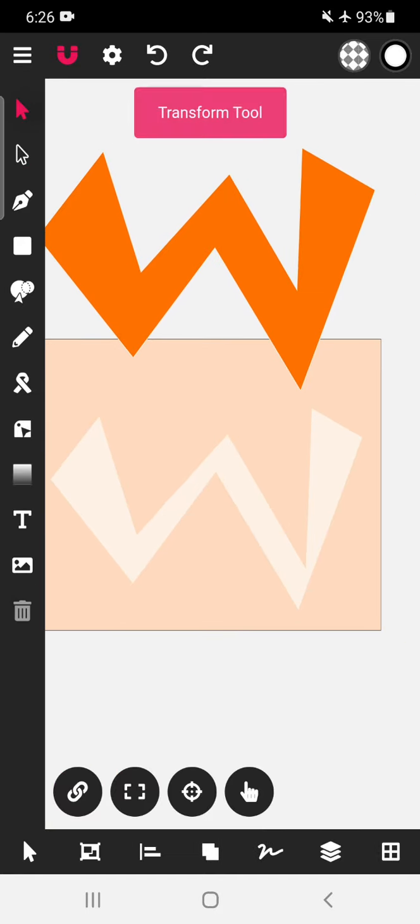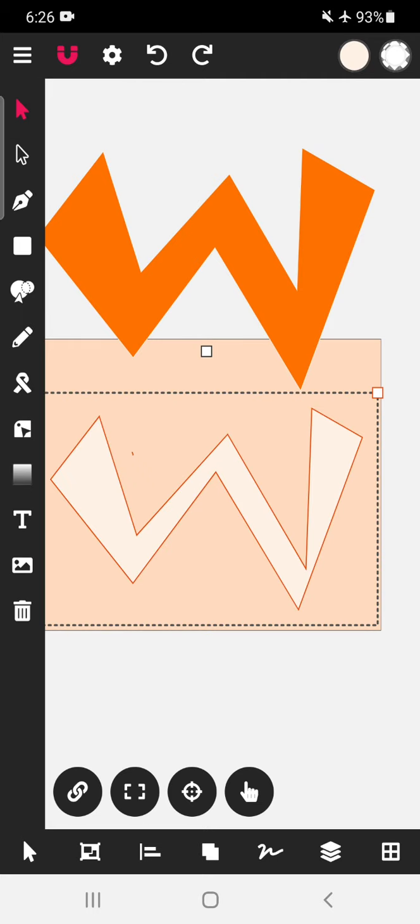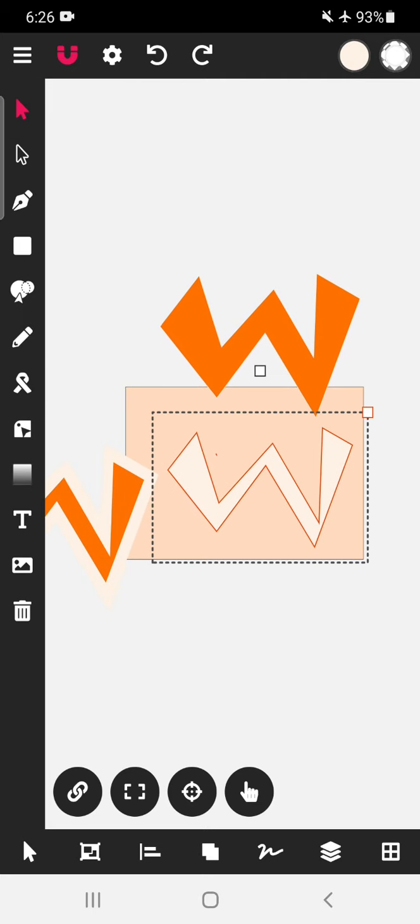Okay, now we have deleted outside path, only inside path is there.